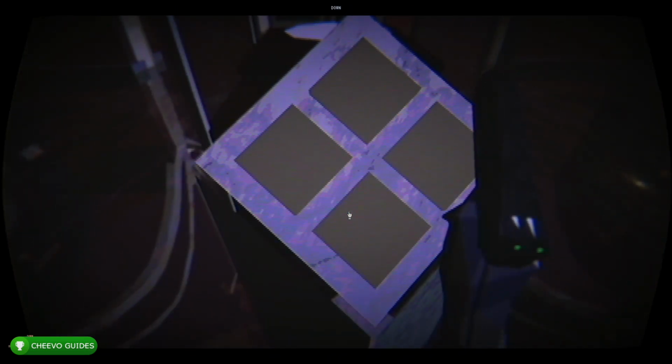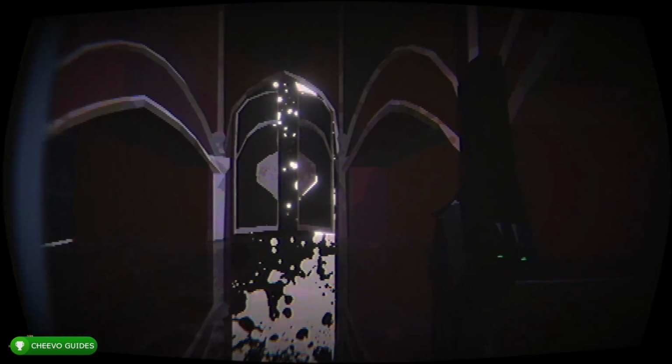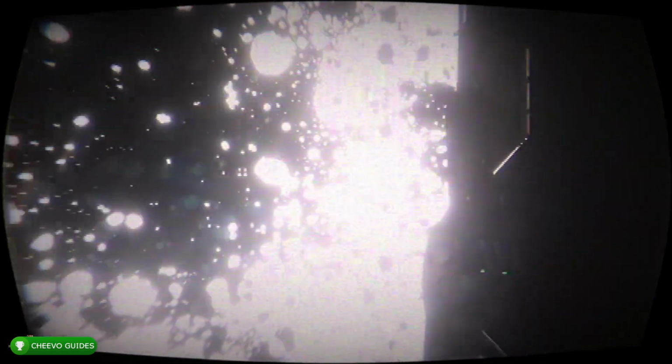And what we need to do is press in the correct pattern to open up the door. The pattern is actually just down, down, down, down, down. So just press down until this door opens. Eventually, once it opens, we can go ahead and walk through it. And you're going to fall down, and eventually some dialogue will pop up, in which I think you need to